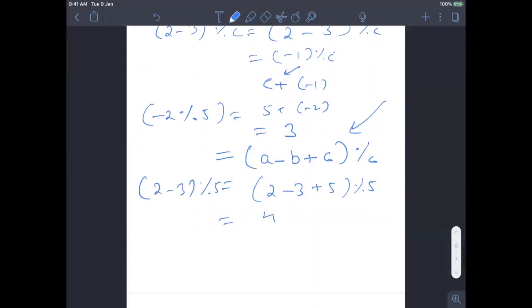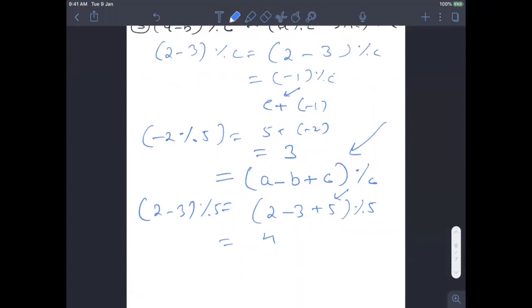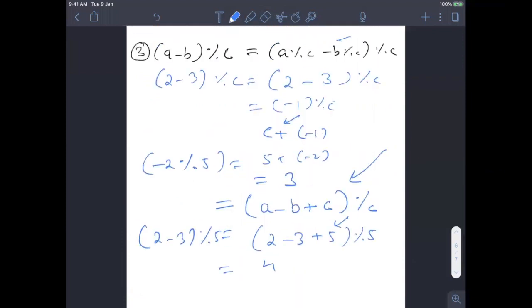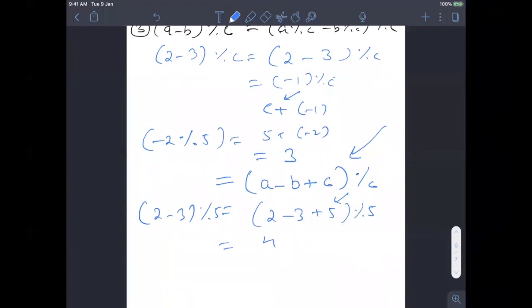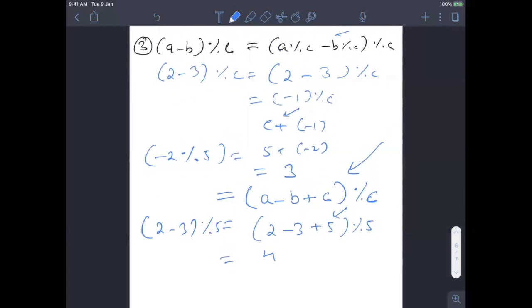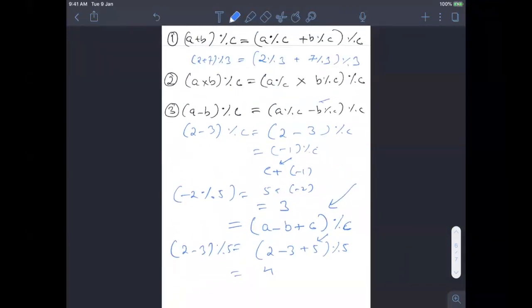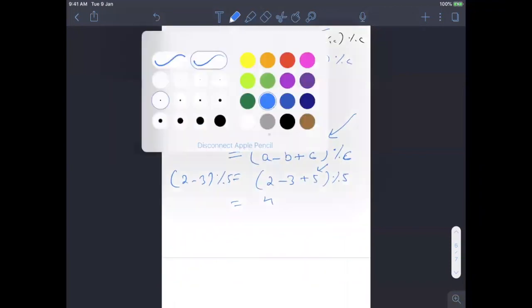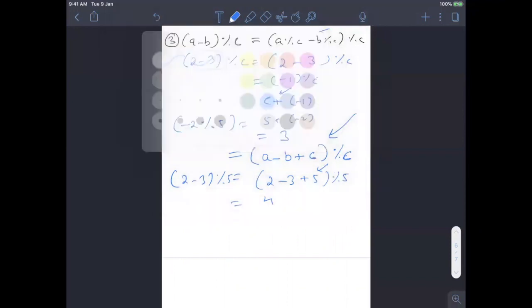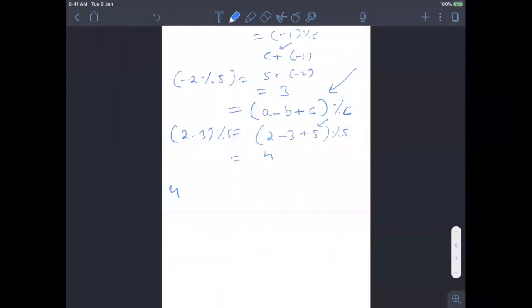And if you look closely, you can easily derive why this formula is working. It's a very simple formula, because whenever it's positive, C will cancel, and whenever it's negative, you are just adding C to that negative number, and that will be lesser than C. Okay, so we have derived these three formulas. Number one is (A plus B) mod C, (A into B) mod C, (A minus B) mod C. Now the most tricky thing is the divisor part.